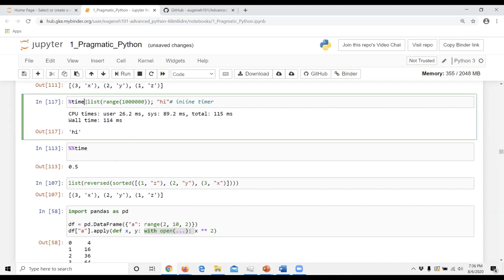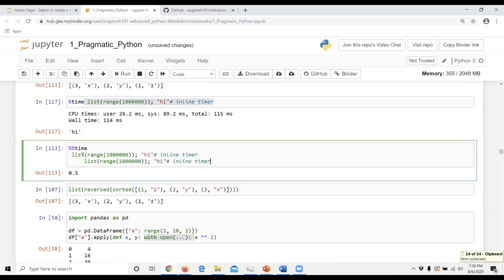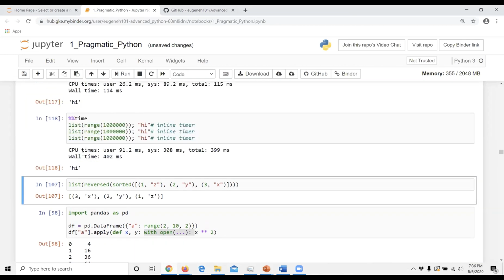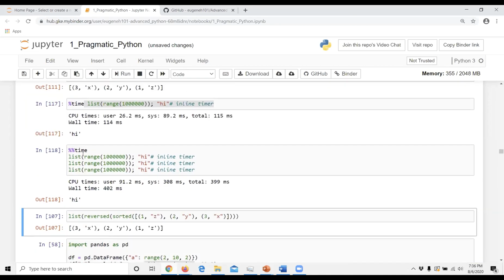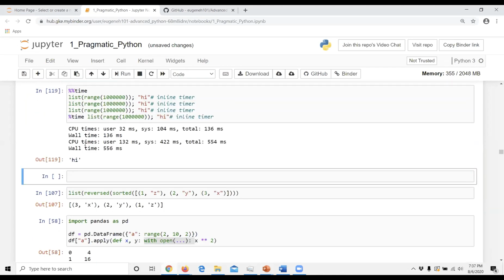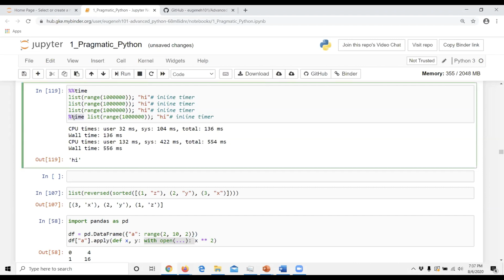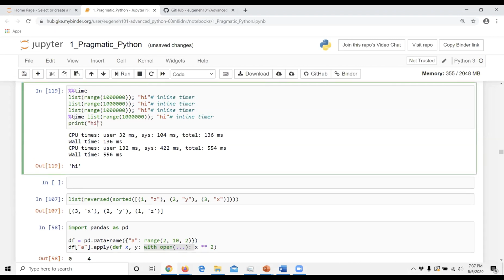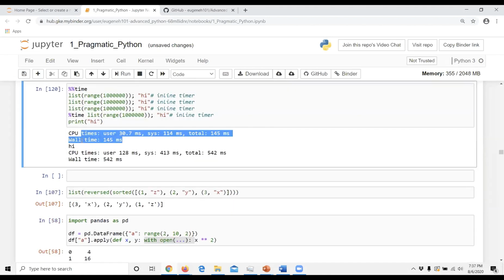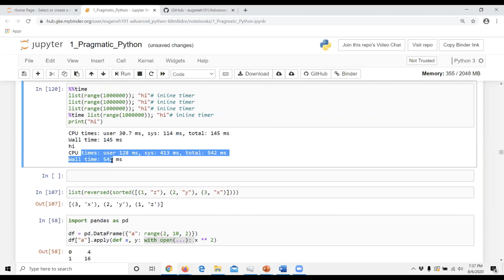So you do like multiple lines, and it would run the entire cell. And you can even mix and match. So if you want, you could even stick a percent time in a cell percent time. What I can do is just print. There we go. So the first one does represent the percent time. The second one is the overall time of the entire cell.